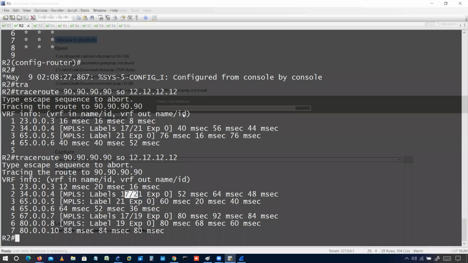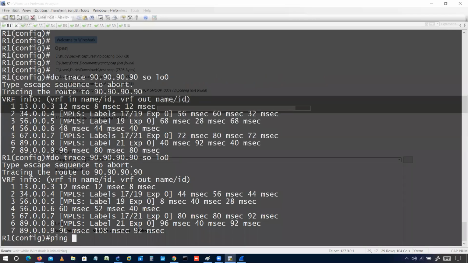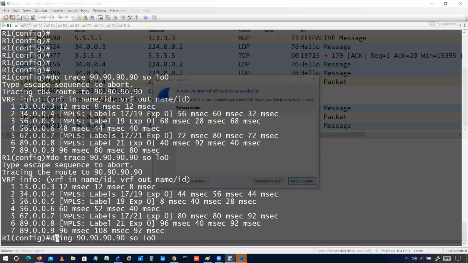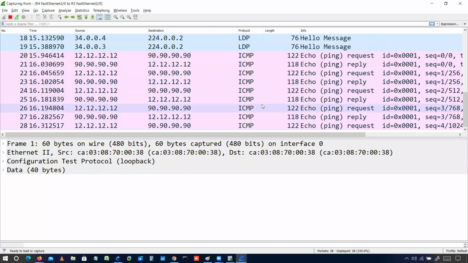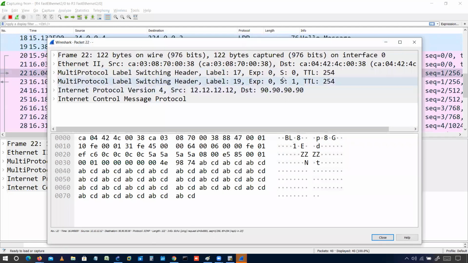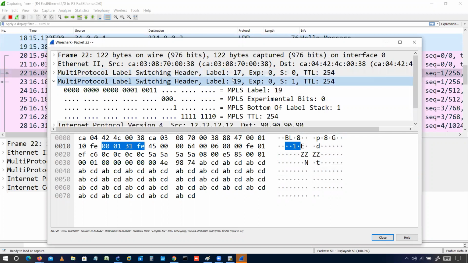I'll do a ping, source loopback 0. I can open any of these packets. Look here, we have two labels: label number 17, label number 19. The above layer will keep changing, but this is the MPBGP label, right?